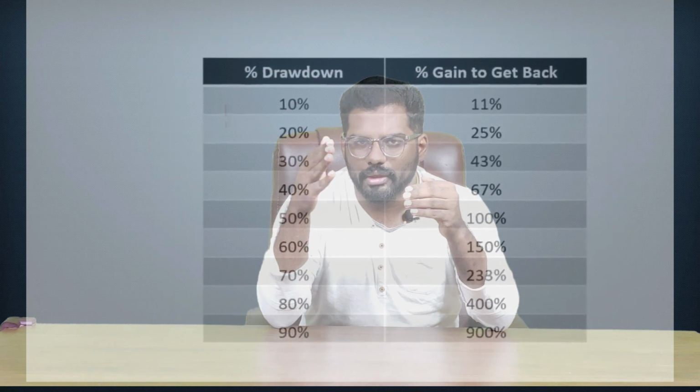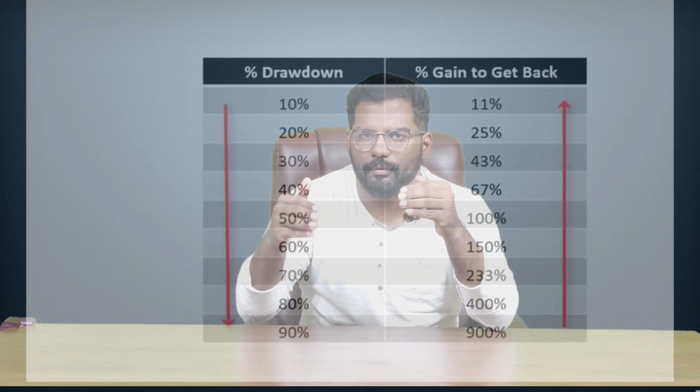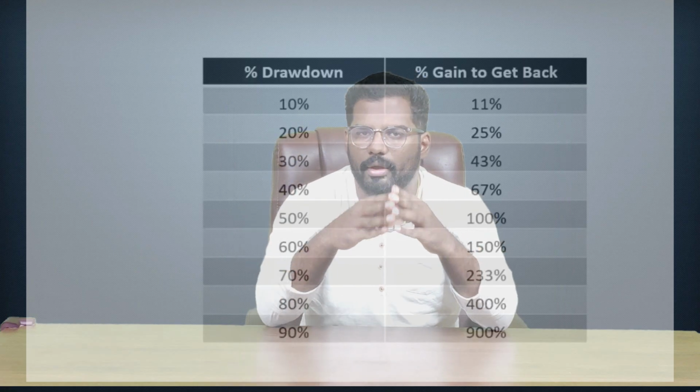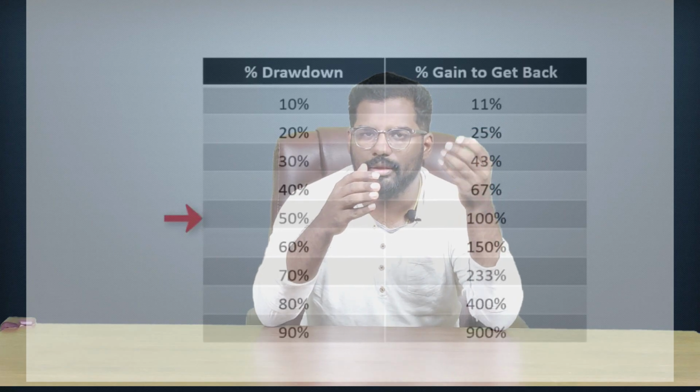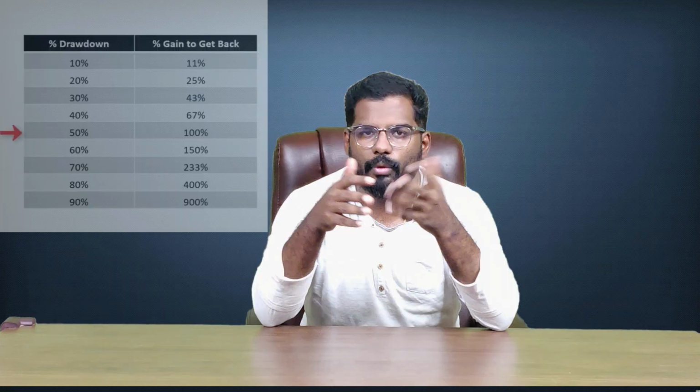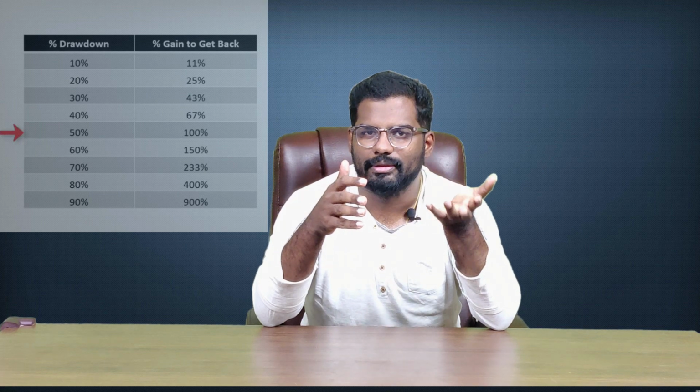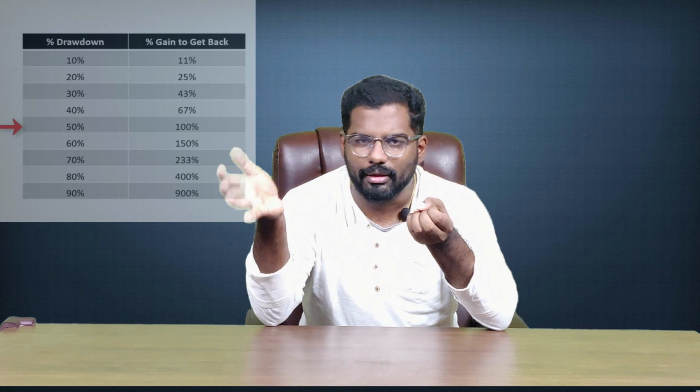Let's understand this concept with this particular table clearly. In this table, you can see the deeper your drawdown, the tougher it is to get back to your original position. For instance, say you started with 10 lakhs and you have lost 50% of your capital. Now what will you have? You have just 5 lakhs left in your kitty. To go back to the original position of 10 lakhs, you must make 100% return. With this remaining capital of 5 lakhs, you need to make 100% return to bounce back to the same level of 10 lakhs. That is what this table illustrates.